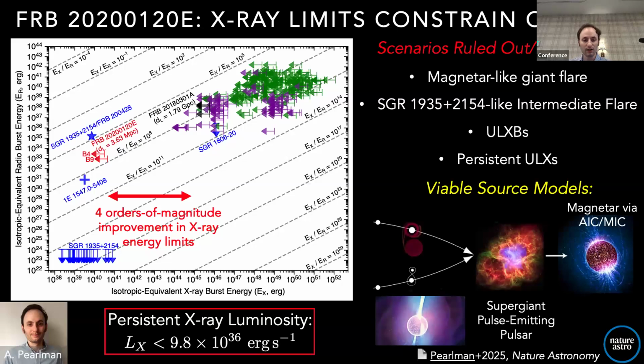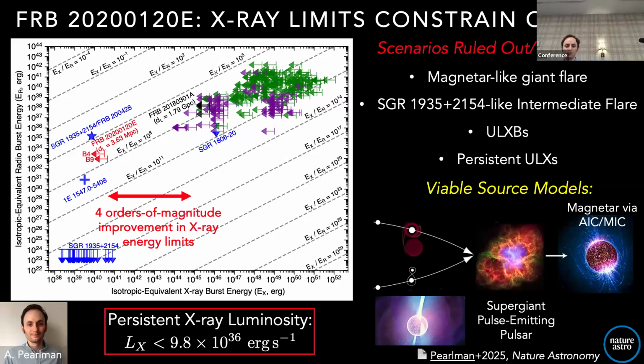And I led a study where I carried out a multi-wavelength campaign using more or less all the most sensitive X-ray and soft X-ray instruments, including NICER, Chandra, XMM, NuSTAR, etc. And what we aim to do is try to simultaneously detect a radio burst and cover it in X-rays. And because the source is so nearby, you can place extremely tight limits.